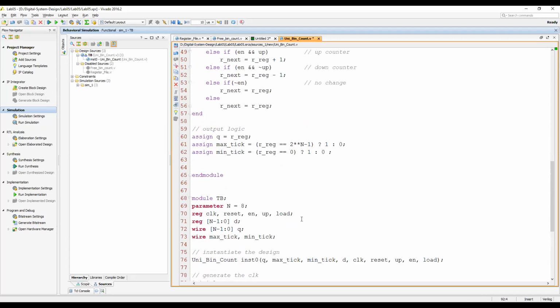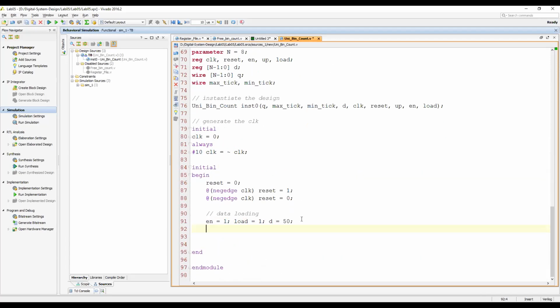At least you need 205 clock cycles to reach up to 255, right? So repeat 255, maybe 256, a little bit higher, and make each clock at the rate.